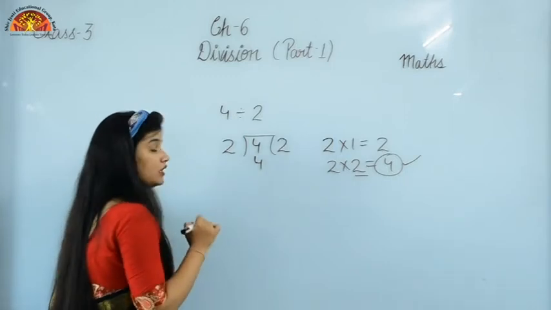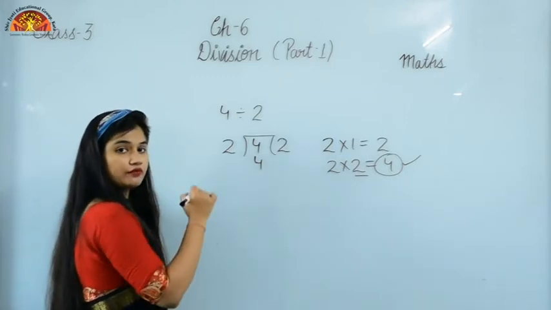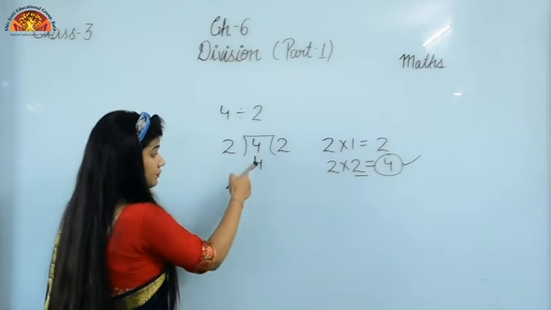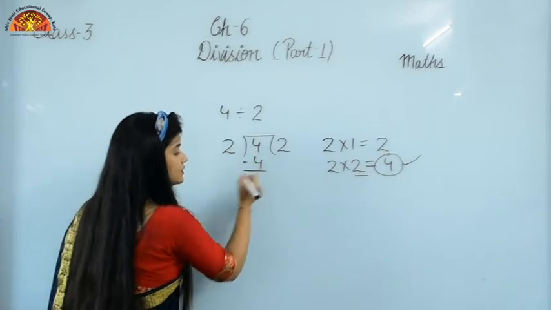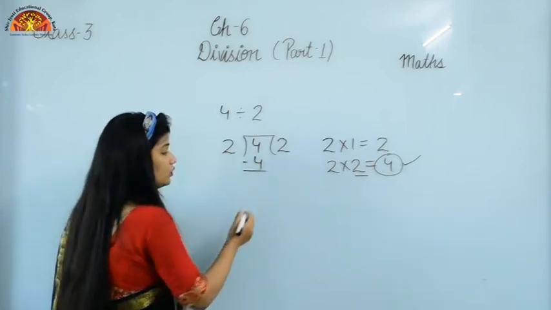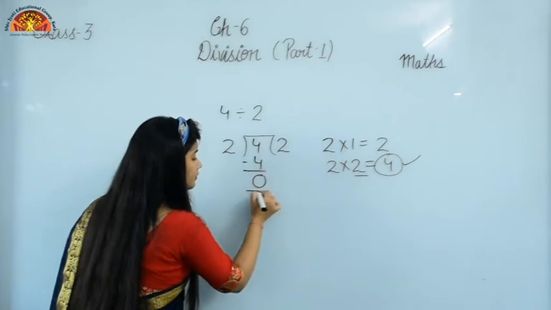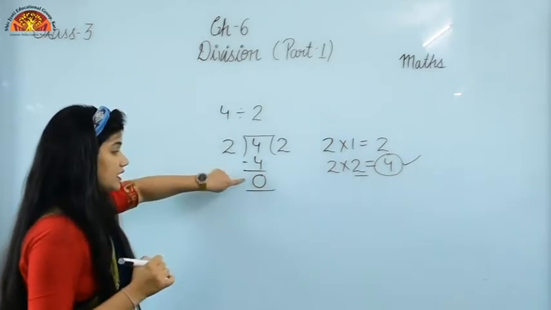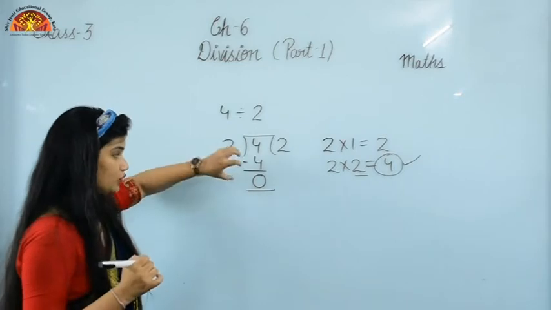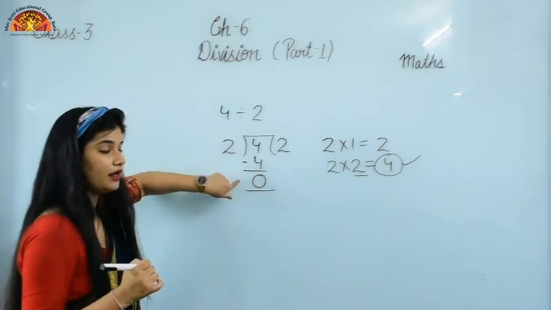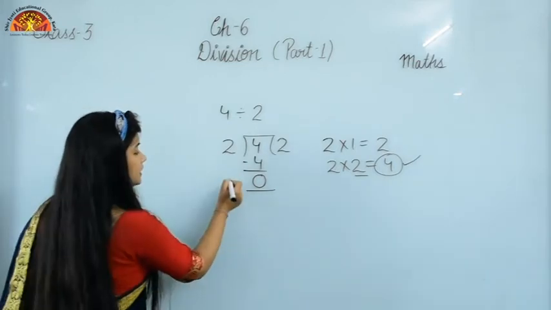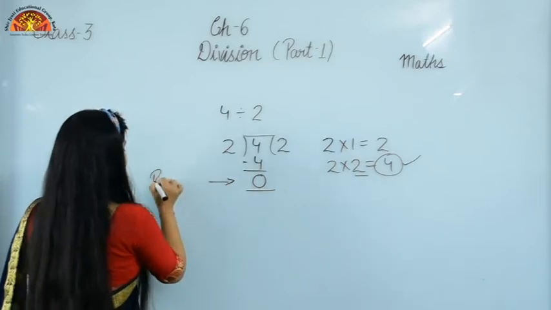Is it clear? Now what we have to do? Now we have to subtract the numbers. अब 4 से 4 क्या करोगे आप? Subtract करोगे, minus करोगे and the result will be 0. And this number will be the remaining number जो end में आपके पास number रह गया है, that will be remainder. ये number क्या हो जाएगा? Remainder.